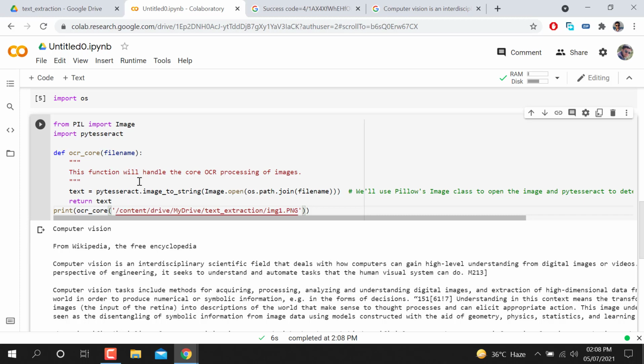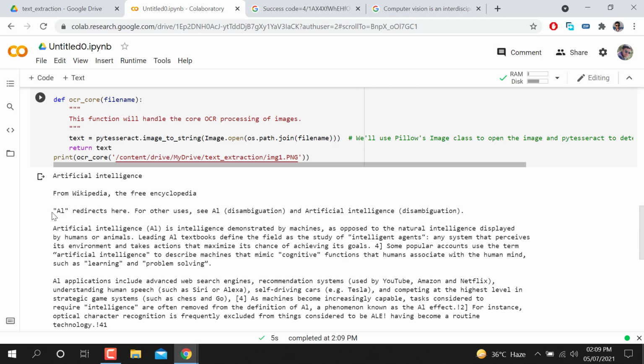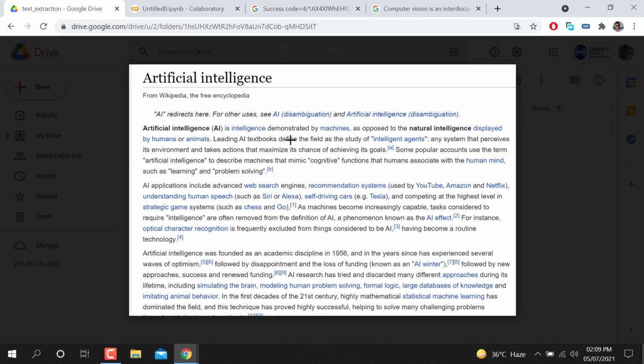When I run this, let me see whether it extracts the text from the image or not. You can see here, yes: artificial intelligence, the intelligence demonstrated by machines.